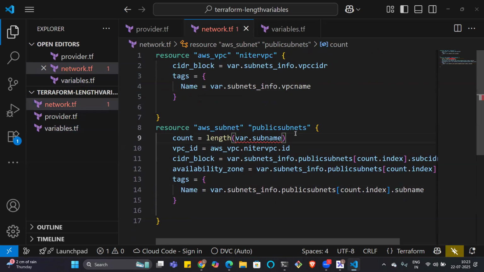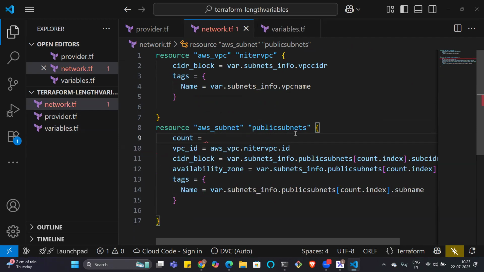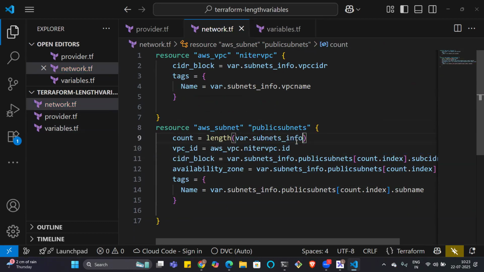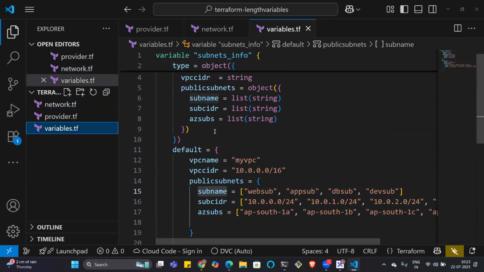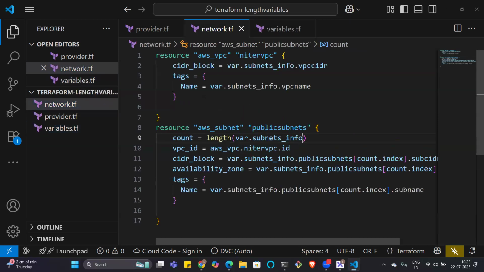Now define the var length function. How to define length function? Var dot subnets info. This is var dot subnet info. What are the names? Where are our values? Public subnet inside of the values. So inside of the values. So that way we are using